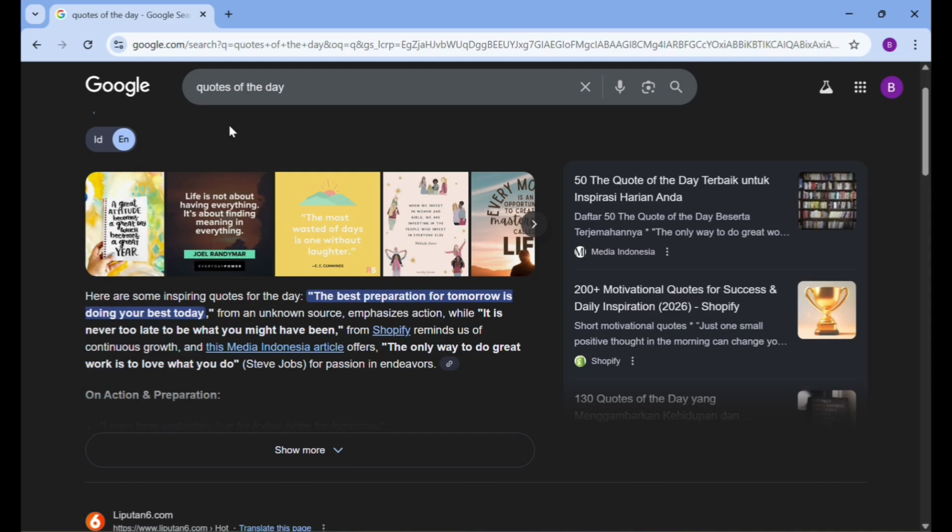Okay, let's get started. First, just open the Snipping Tool, or you can do this fast by pressing on the keyboard Windows plus Shift plus S,